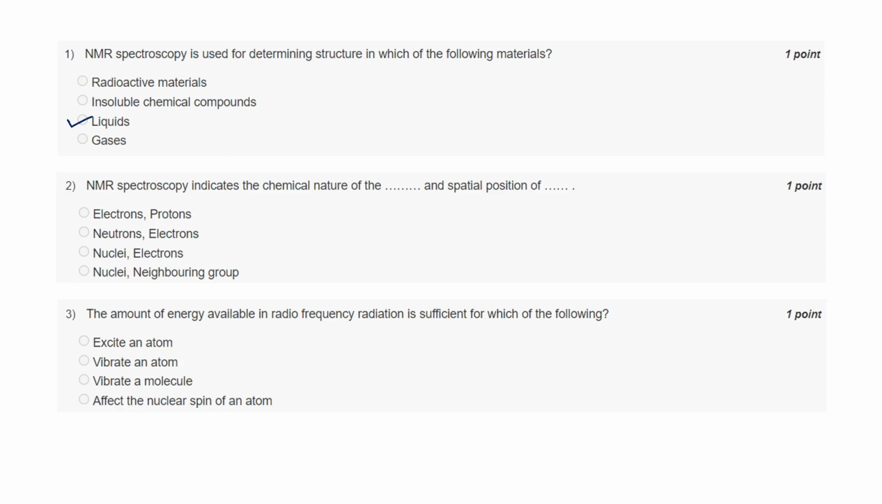Now the second question: NMR spectroscopy indicates the chemical nature of what and the spatial position of what. Obviously NMR spectroscopy will give you the chemical nature of your nuclei and an idea of the neighboring group, due to which there is deshielding or shielding, what kind of electronic environment is there. Question number 3: the amount of energy available in radio frequency radiation is sufficient for which of the following? Obviously to affect the nuclear spin of the atom, that is, to change the spin,